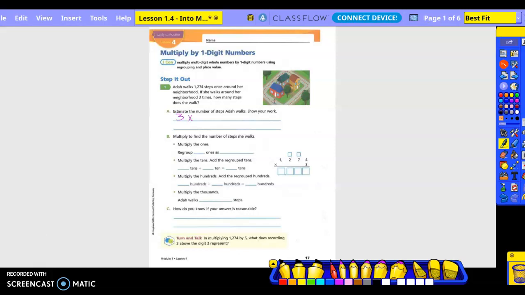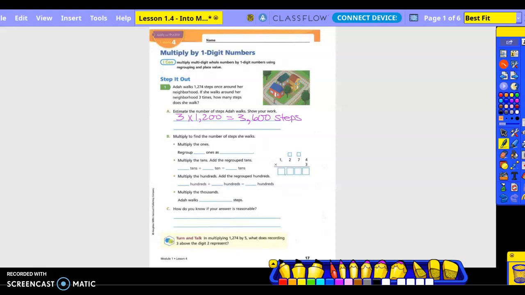Okay. Times, what would be a good estimate for 1,274? 1,270. Okay, you could do 1,300, right? But do you automatically off the top of your mind know what 13 times 3 is? No. Do you know what 12 times 3 automatically is? Yeah. So we could use 1,200. We could do 13, but we kind of have to do a little bit more mental things, right? We should know our multiplication facts up to 12. So this would be what? 3,600